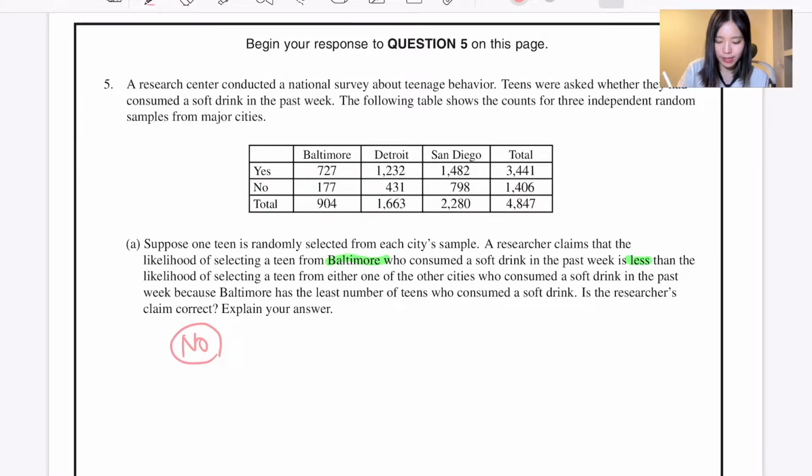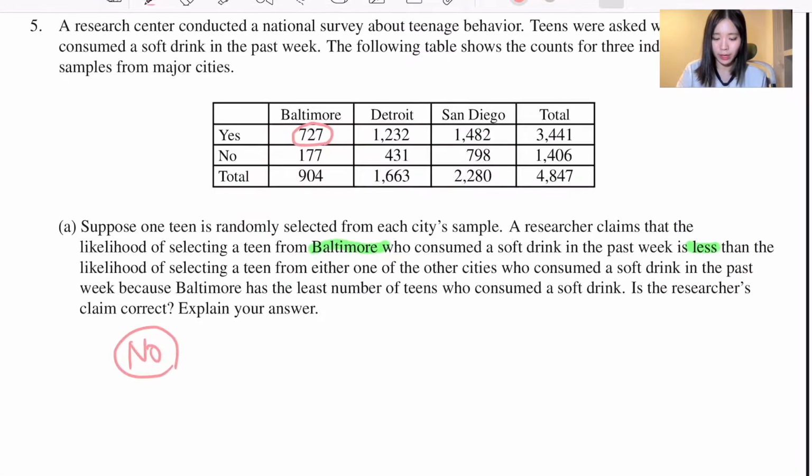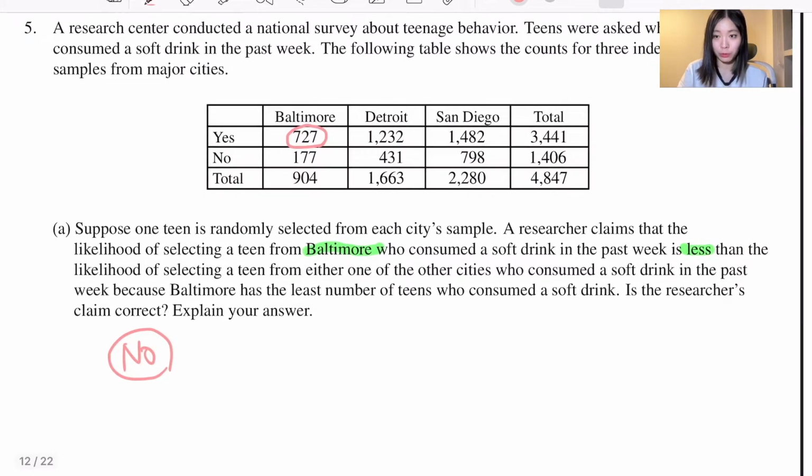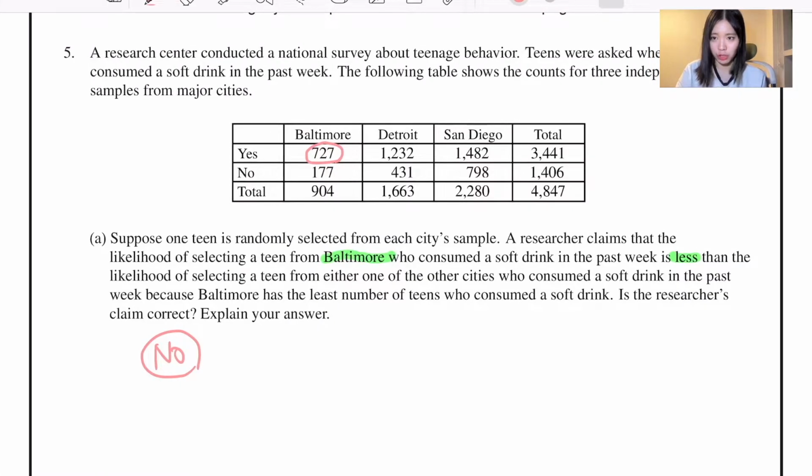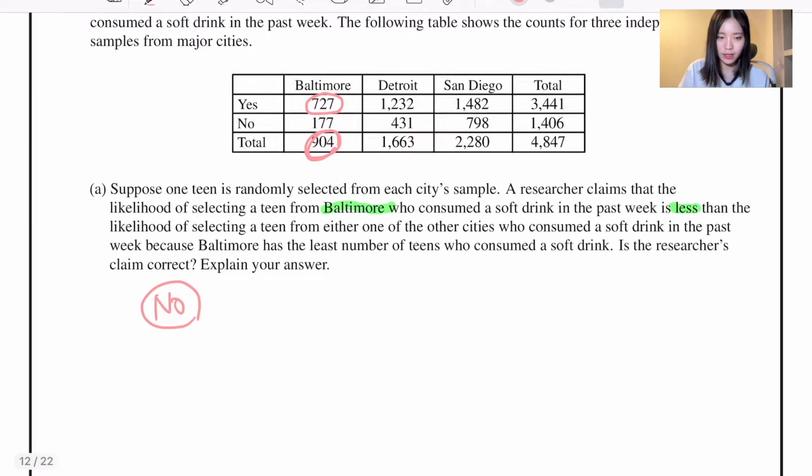I mean, it is right that Baltimore has the least number of teens who consumed the soft drink over here, right? But that doesn't really matter, because what we need to be concerned about is not the actual number, but the proportion of the teenagers, right? So we can see that Baltimore also has the least total number of teens surveyed. So we would say that this is no, the researcher's claim is not correct, because